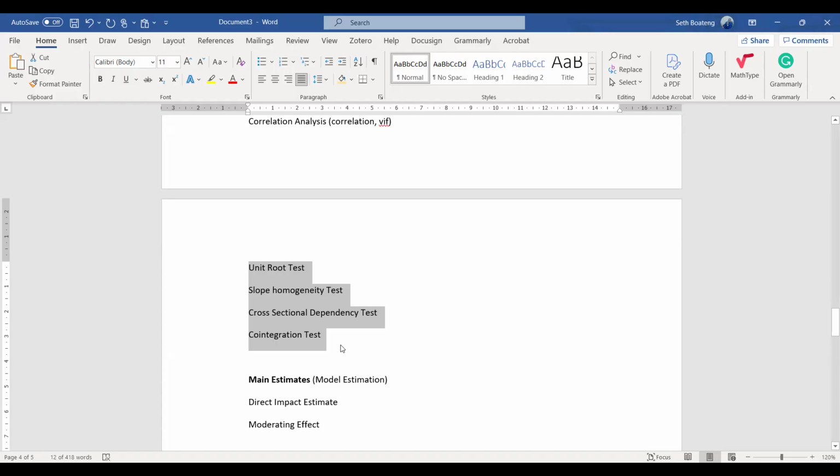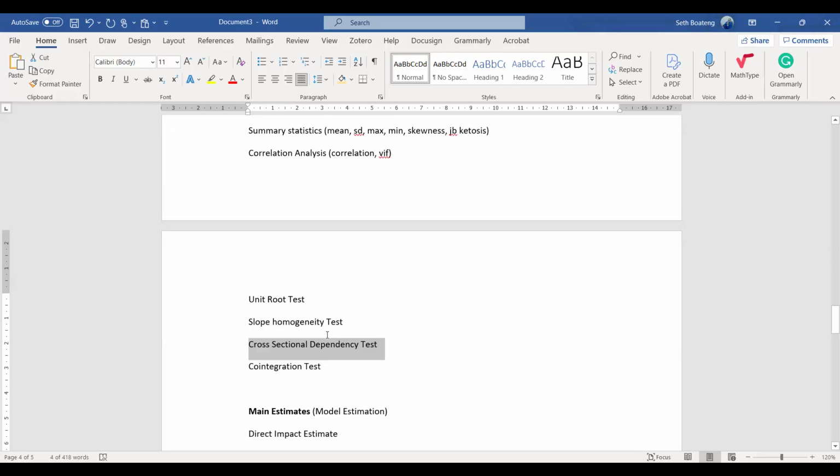If there's a presence of co-integration, it means that there's a long-term relationship, so you have to go for a model that captures both long and short run. If you test cross-sectional dependency and there's a presence of cross-sectional dependency in your data, it means you have to use a model that accounts for it, like cross-sectional ARDL, or I think pooled mean group also checks cross-sectional dependency, or Driscoll-Kraay. But recently we realized that Driscoll-Kraay is not enough to solve cross-sectional issues. Slope homogeneity is the same thing.